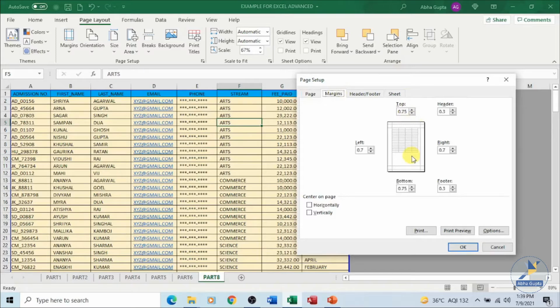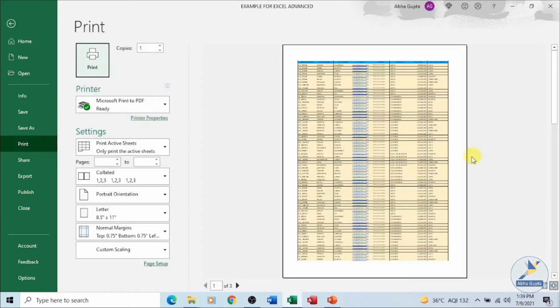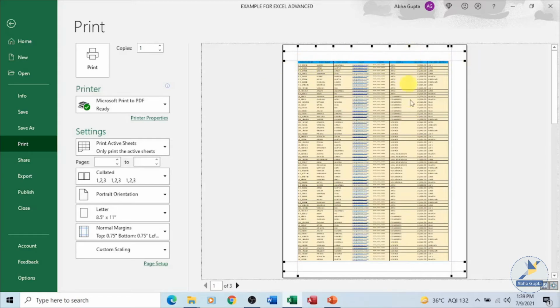These are your margins area over here. If you want, you can see the preview, how it will look like. If I click over here, you can see the margins over here. If you look down over here where page numbers are specified, and on the right hand side, if I click over here, you can see these dots, these spaces on the right and left and top and bottom. These are your margins, plus the space at the top of your heading which we have given, the column headings which we have for all these columns. This is your header area, and at the bottom, the space which is being shown over here, these are the header and the footers.